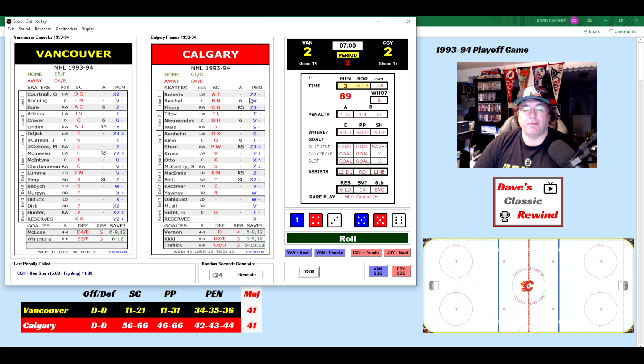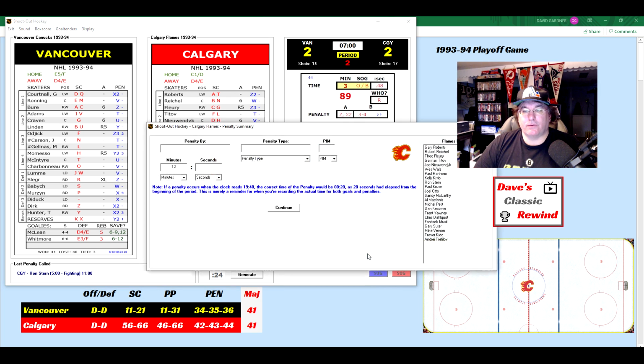No, actually, it would be Roberts only. He's the Z2, the X. Ooh, I don't have any X's. Oh, yeah, the reserves. All right, so Roberts. Calgary penalty, the Roberts. Now, let me check this. Gary Roberts. I'm going to give him interference. You can kind of make this up on the fly if you want. So we'll call it